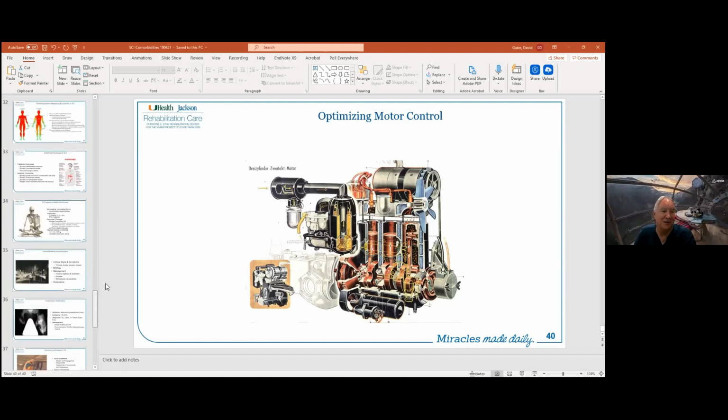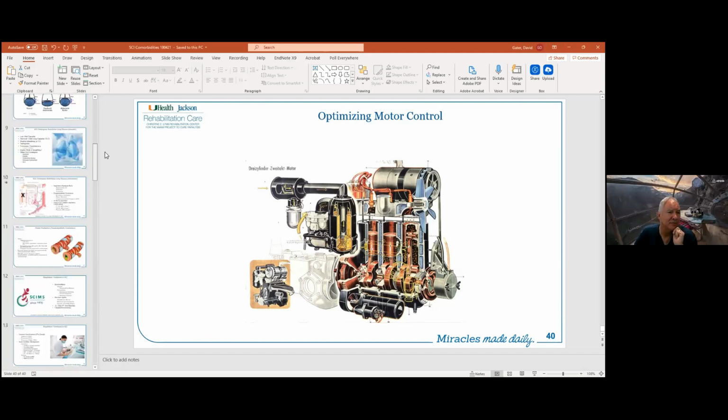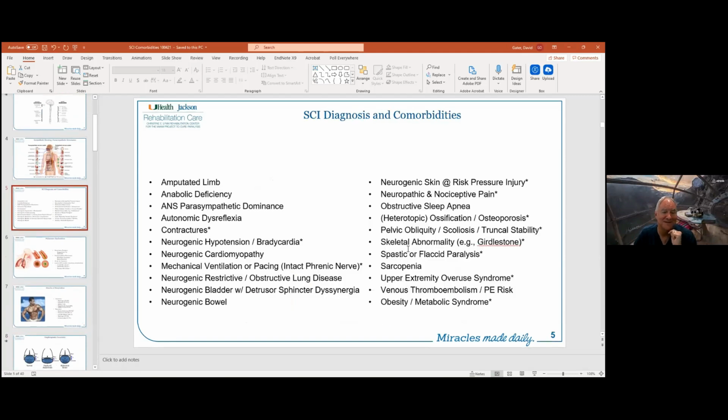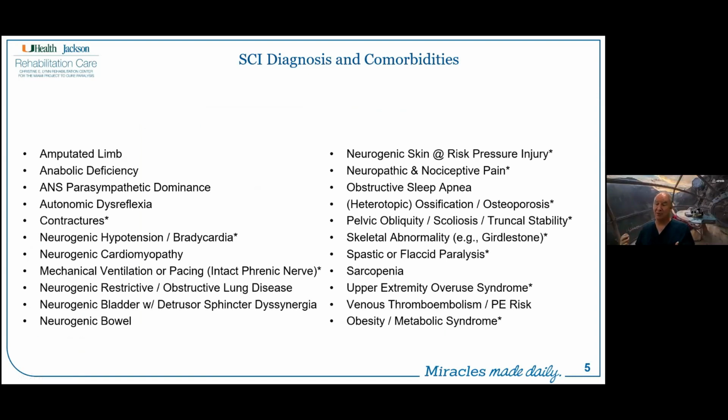Absolutely. I couldn't agree more. Let's see if I can go back to one of my very first slides where I talked about all of these. This is crazy. This is what happens to a person, often immediately, but sometimes chronically after a spinal cord injury. So say a healthy 20-year-old man who sustains, let's call it a C4 or a C5 spinal cord injury, is subsequently, and this is where I'm so grateful to have Dr. Vivas helping us teach now our spinal cord injury folks, all of these comorbidities need to pop into our mind just as quickly as motor paralysis.